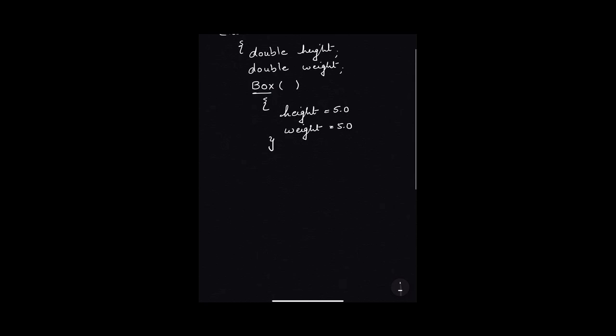Let us also write a function in it. Let the function have a return type void. The function name can be the product of two numbers or two variables. Let me say that my function name is product. And what I am doing in this, I am going to print the product of both the variables. So this will be system.out.println height into weight.